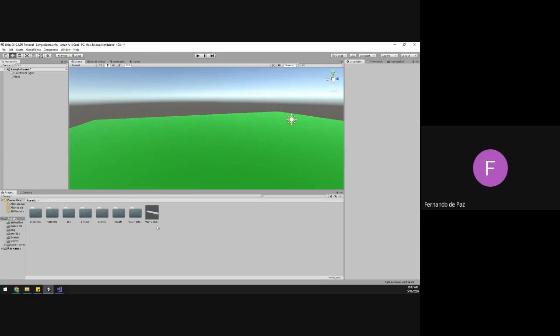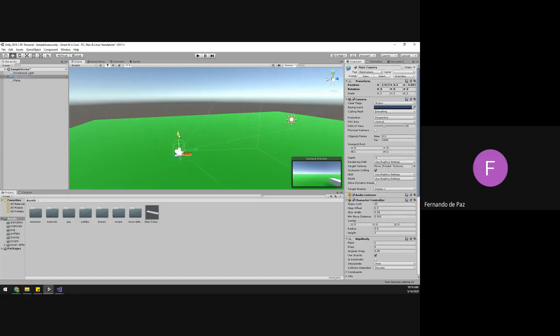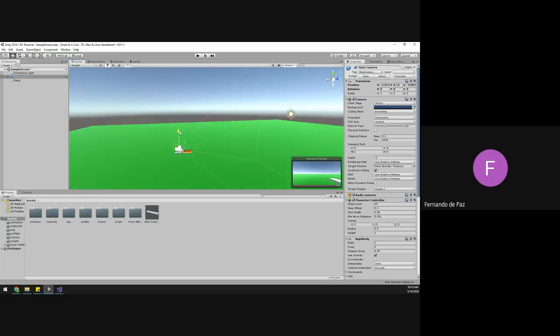Okay, and then just drag out main camera. It's in your project folder down here, in the main assets folder. It says main camera. Just click and drag it outside, and then your character should be there. Your character is going to be midway through the floor. Just bring it up a bit, just until you see the